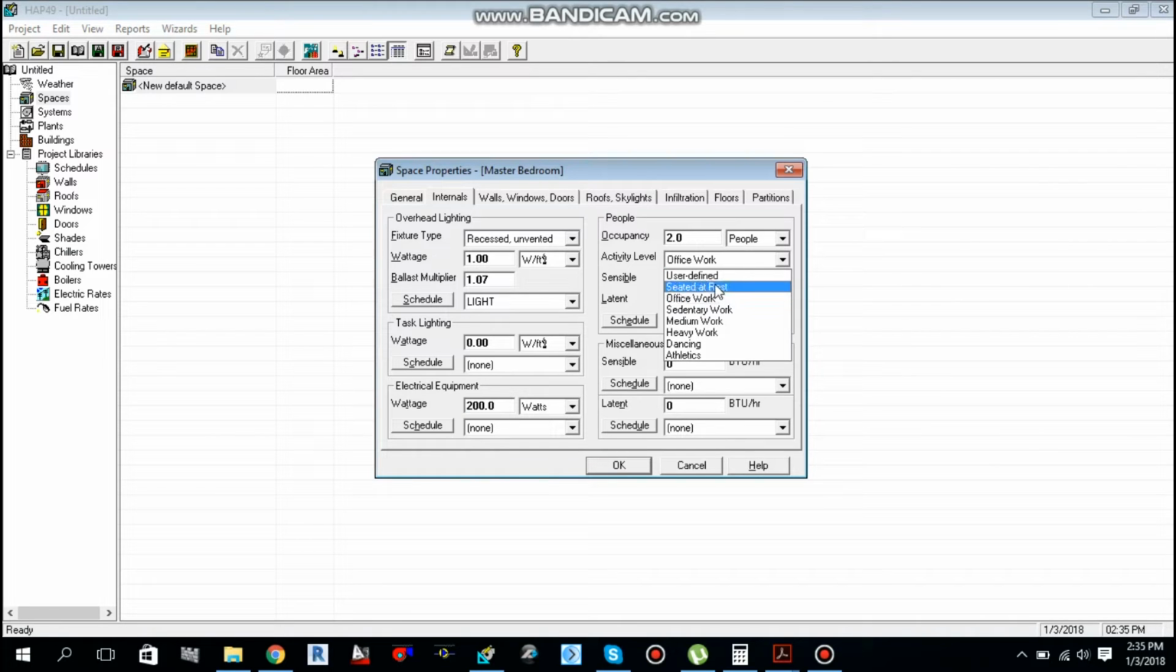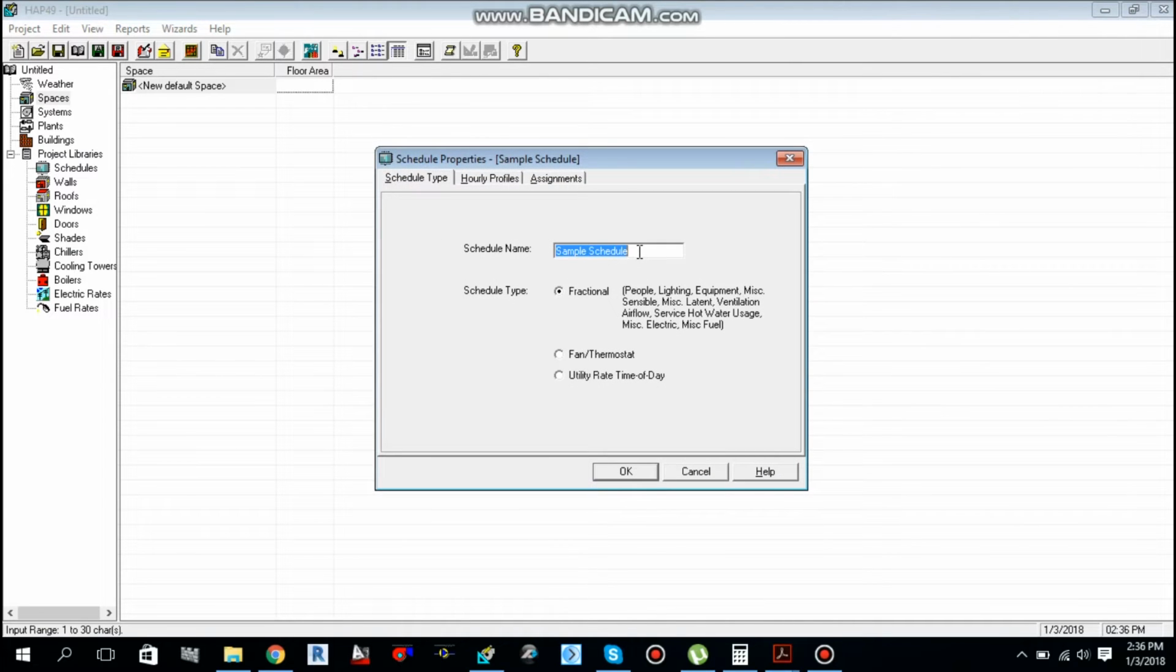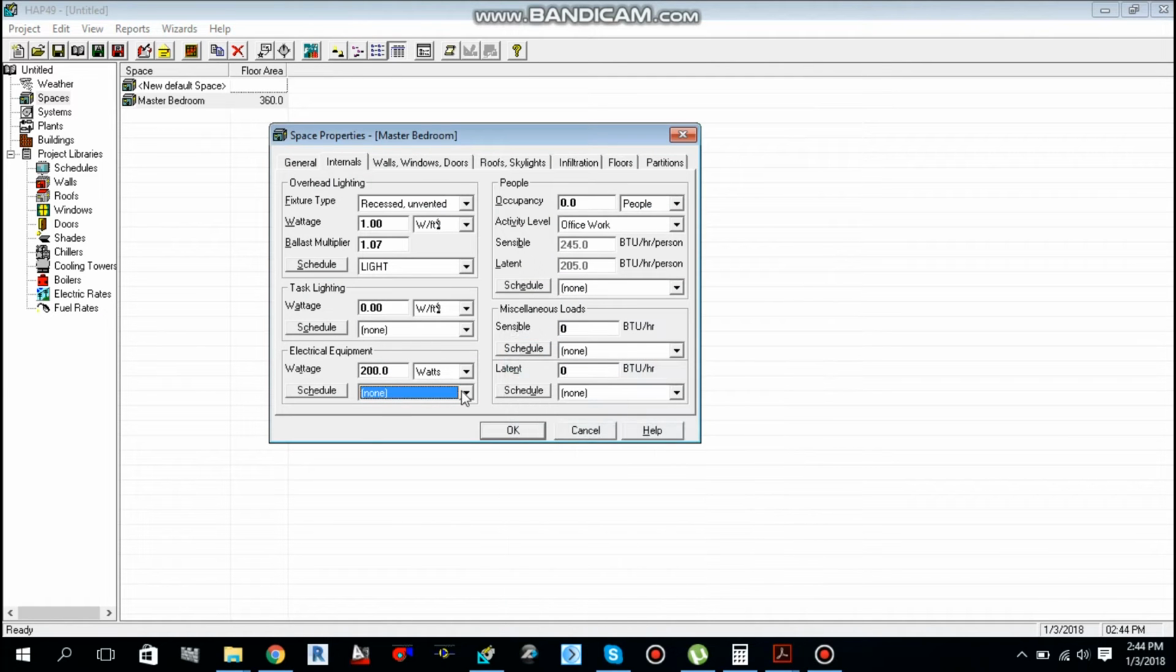Its activity level is seated at rest, and then over here you also give a schedule. So here also you have to give a schedule name of electrical equipment, for example this one. So occupancy of the people, there are 2 people in the bedroom. Okay, what's the activity level? They are seated at rest. Okay, then in the same way you have to select a schedule for this one, people. Okay, then move to